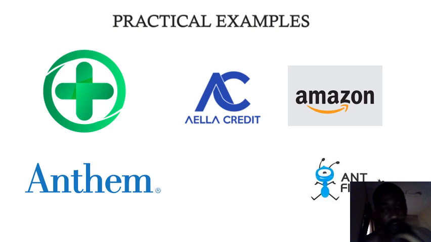Now, these are some of the practical examples. I won't go further into it. At the end of this session, I actually posted a link. You can go and read more about some of these businesses and how they are making use of blockchain. Some are making use of private blockchain, like Hyperledger Fabric. Some are making use of blockchain as a service, like Nemix. Ela Credit, they are also into lending and borrowing, and also incorporating blockchain. So Amazon too, they are making use of blockchain.